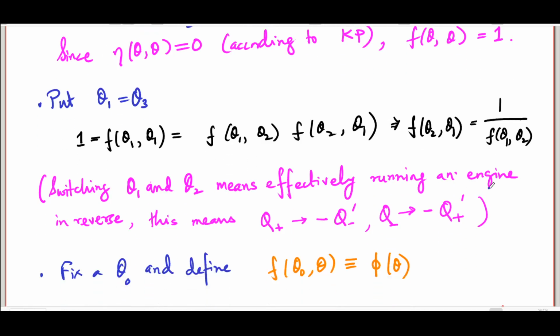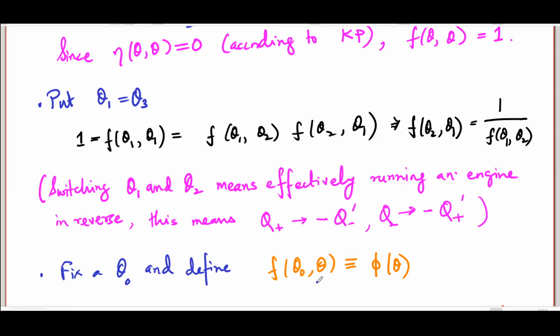Now what we do is the following. Let's choose a fixed value of theta, let's call that theta 0, for the first argument of f. So I will not change that, I will just change the second argument. So of course this now becomes a function of the second argument alone. The first argument is something which we have fixed at some value. So this is how you define a function phi of theta.